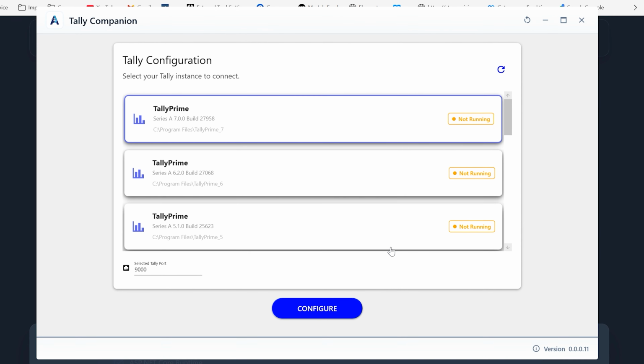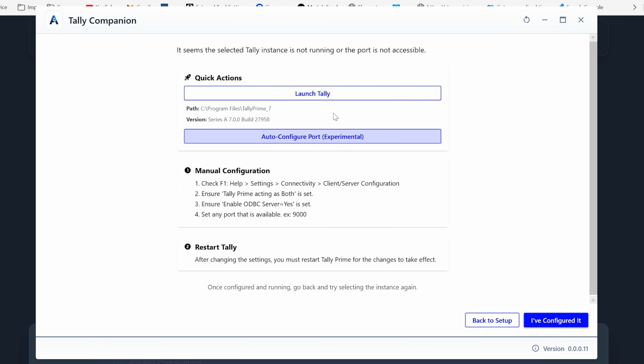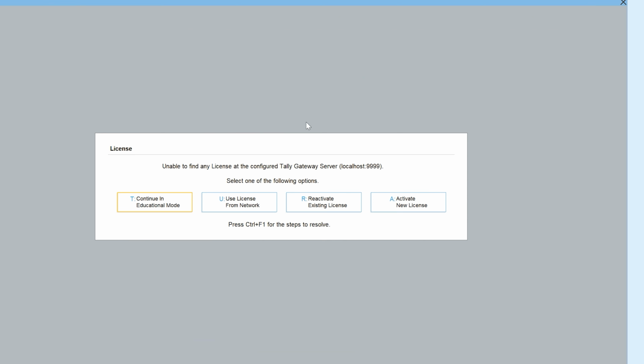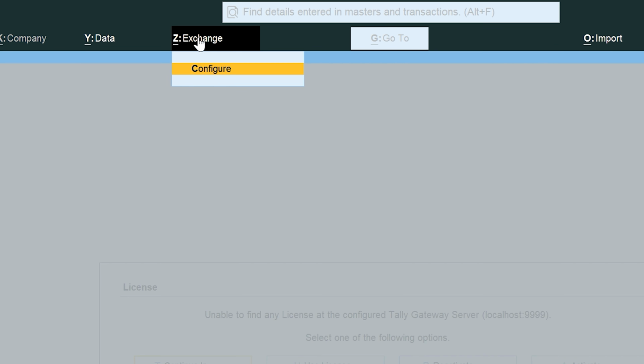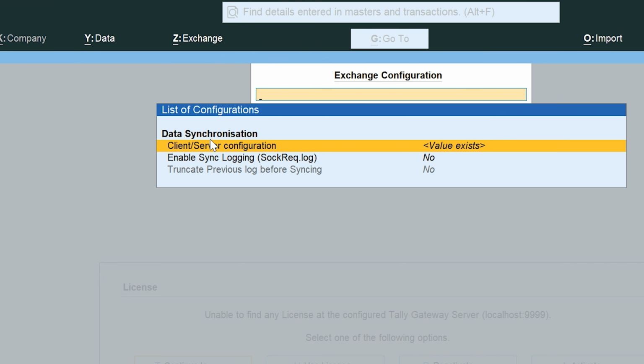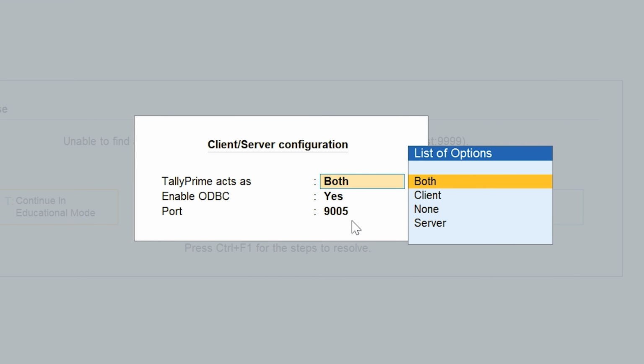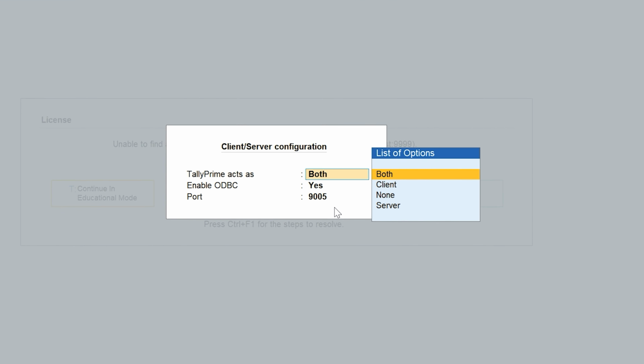Else, select the Tally instance you want to connect to and click on Configure. You can either use auto-configure or manually configure Tally to open the ODBC port as per the instructions. If you click Launch Tally, it will open the selected installation. You can manually configure it by going to the client-server configuration, set an available port of your choice,